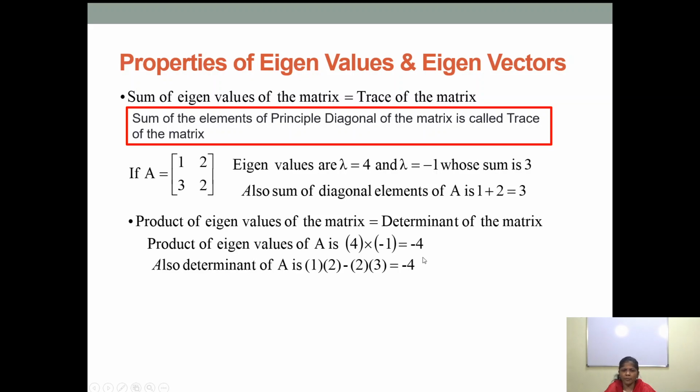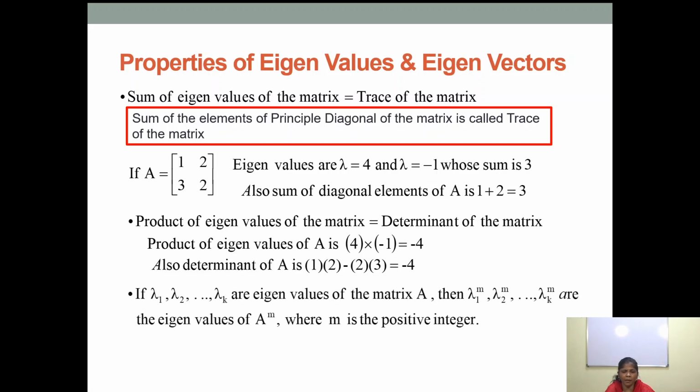Very important. If you have the eigenvalues and you are asked to find the determinant, we just take the product of eigenvalues. Similarly, if I want to find the trace of the matrix and eigenvalues are given, just take the sum of the eigenvalues. Or if you need to verify whether the eigenvalues obtained are correct or not, we take the trace of the matrix, which means the addition of the diagonal elements, and then add the eigenvalues. If both come out to be the same, it means the eigenvalues so obtained are correct. So these properties are very important.